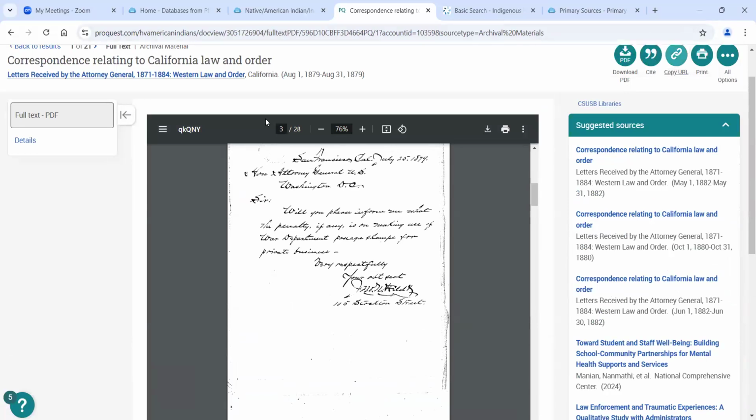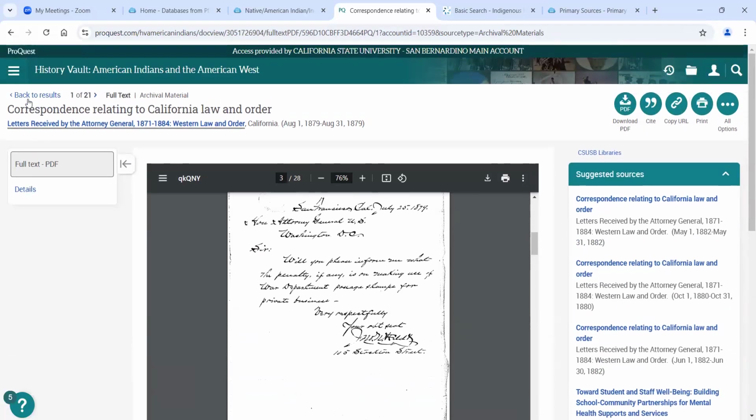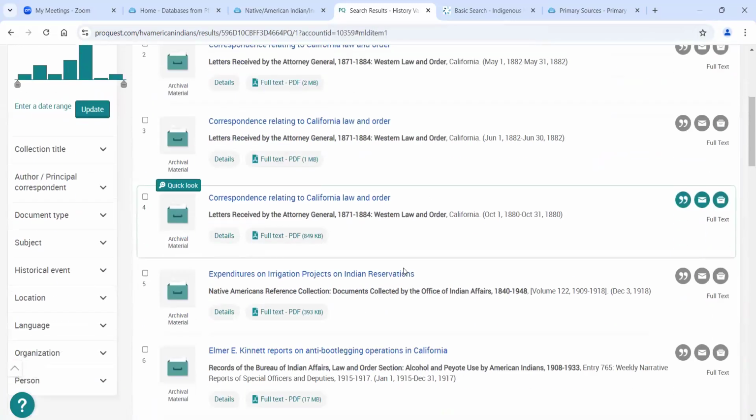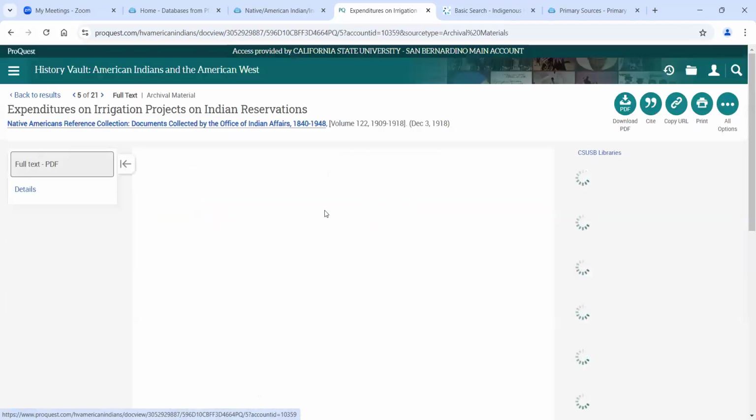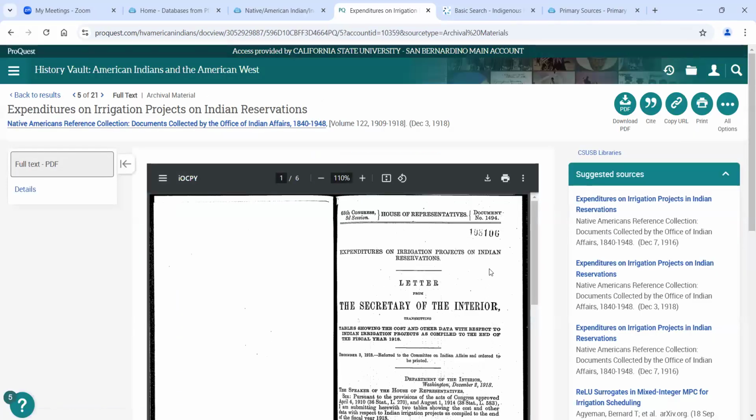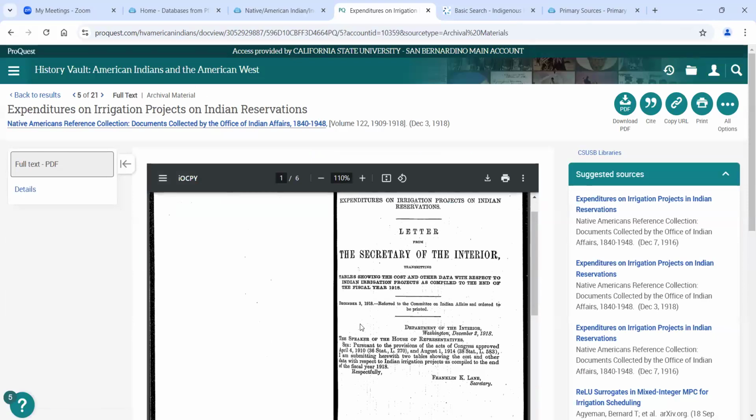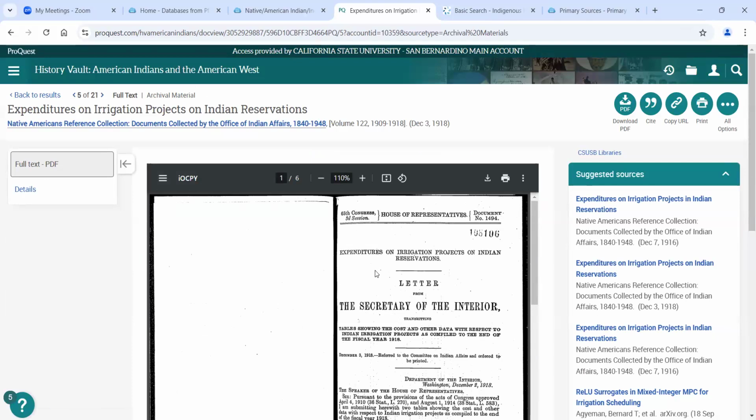Okay. Let's go back out to the results and let's scroll down a little bit. So this one says expenditures on irrigation projects on Indian reservations. Okay, let's say we are interested in that. Now this one is a published document. See, it looks like it's been printed, right? It looks like a book. So in this case, it's a 6-page sort of pamphlet that talks about expenditures on water, irrigation projects on Indian reservations. But because this is a printed item, I can do